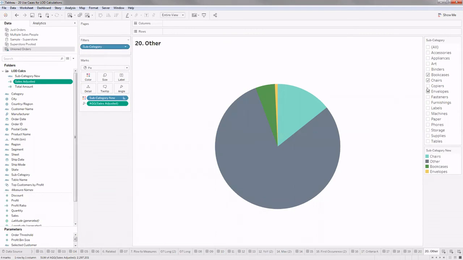If I'm removing, say, art subcategory from both the orders table and the orders one table, art will disappear in that case. But for this purpose, I don't want the removal of that subcategory to affect this visualization.